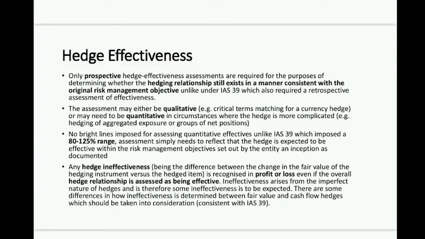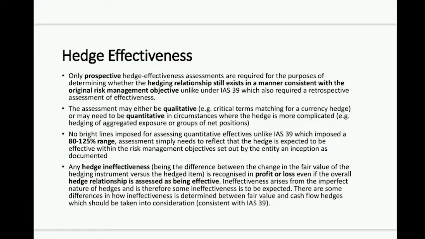When you have slightly more complicated hedging relationships, you'll recall we were discussing the expansion in the hedged items to which you can apply hedge accounting. You can apply it to a layer, to a risk component, to a net position, to groups of positions, etc. That becomes much more difficult to prove on a pure qualitative basis, because the critical terms are numerous, and in a macro hedge potentially constantly changing. So to do a qualitative assessment isn't really going to be sufficient.